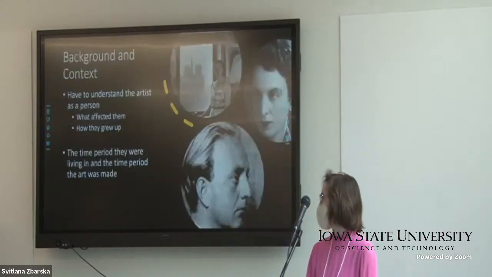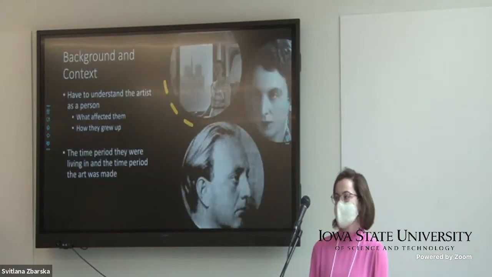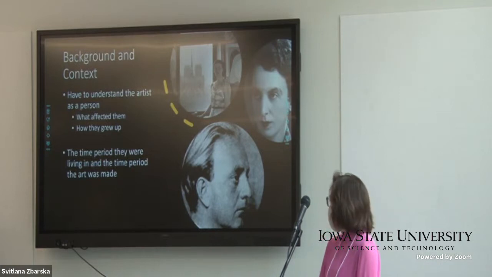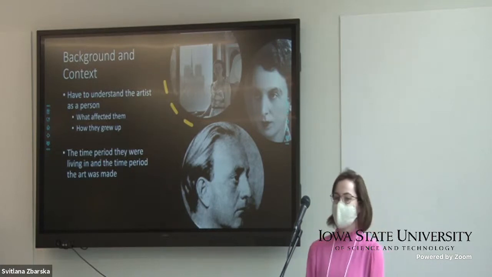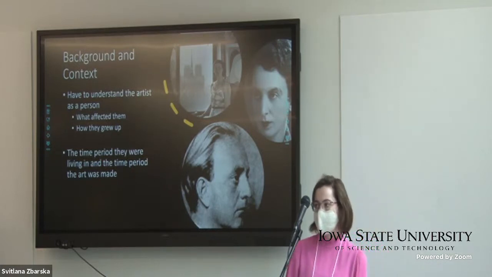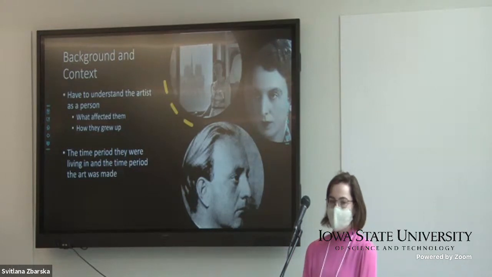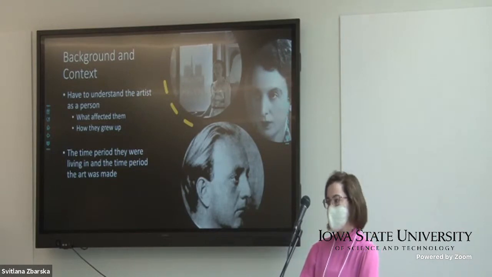So some background context is understanding her as a person. She was born in 1939 in Switzerland. However, she grew up in France. Her father was a surrealist artist as well as a Dadaist artist, but surrealism came to be more influential with her, especially with her interest in abstract expressionism, since abstract expressionists were very interested in how surrealists were exploring the mind in their work.